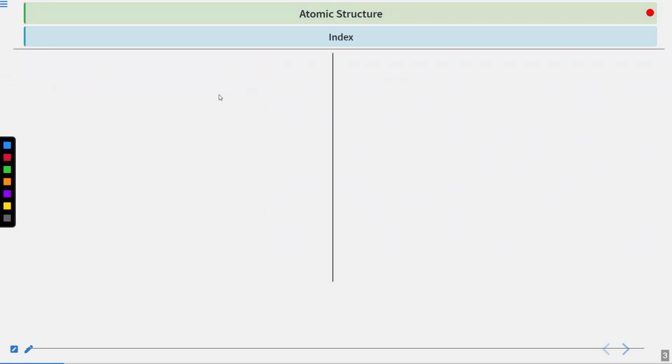So what we will do is we will practice questions. There will be 9 questions. We'll practice them one by one and also see the explanation behind those correct answers.